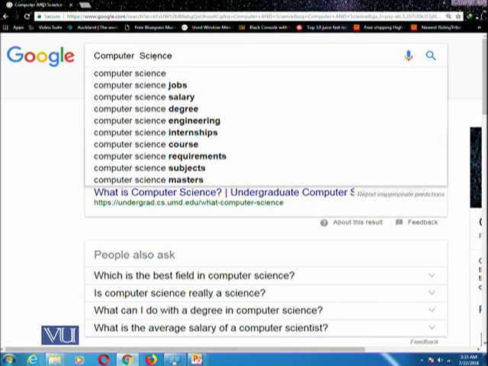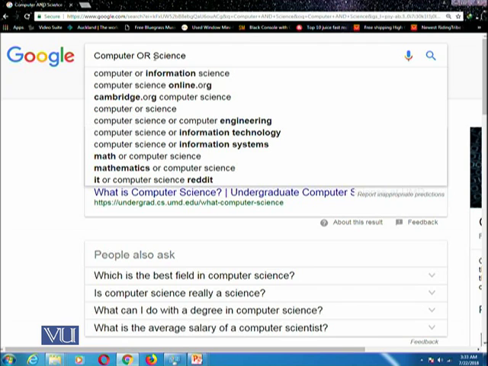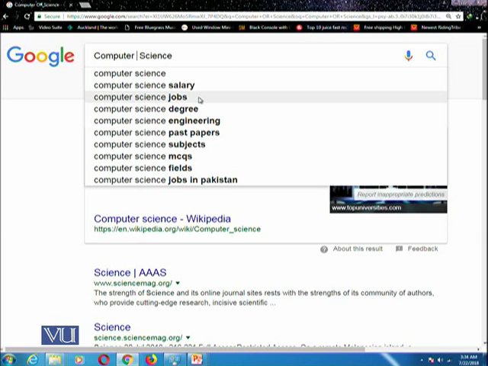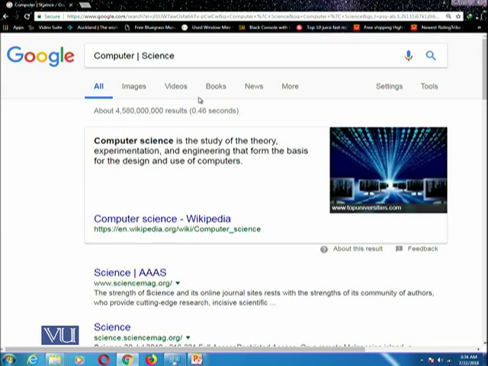And similarly, you can try OR. An OR query would mean that please give me all of the web pages which have either the term computer or the term science. And for OR, you can also use the pipe sign, which is normally available on the top of the enter key on keyboards. So if your caps lock is broken, you can use this key as well in the case of OR. It would mean the same thing as OR.